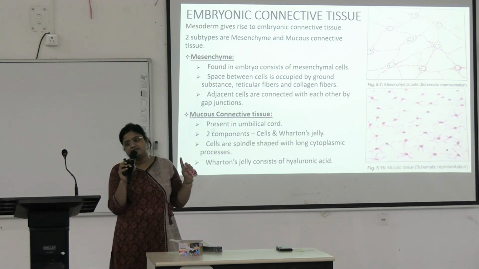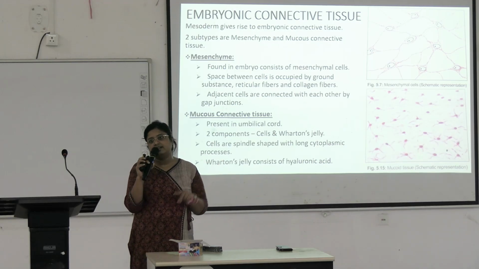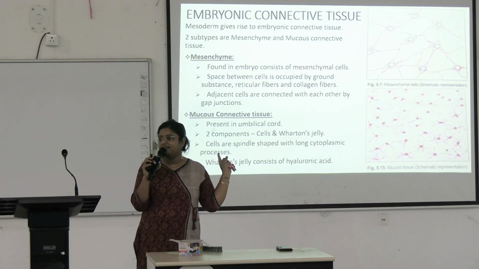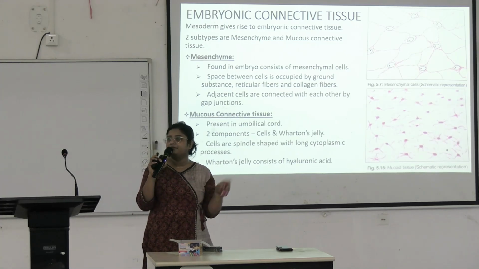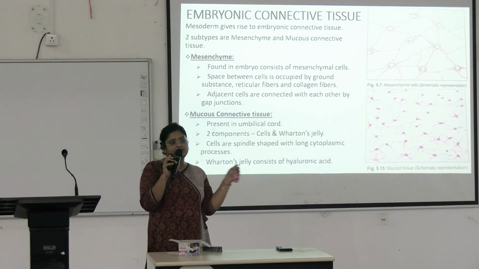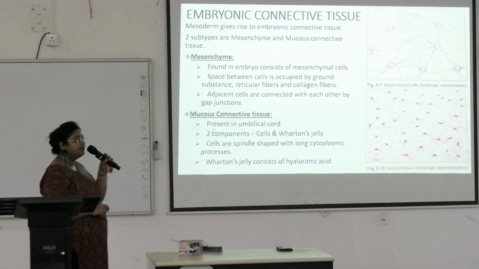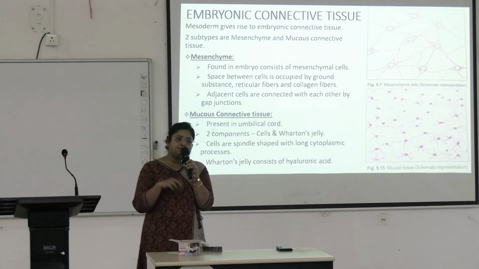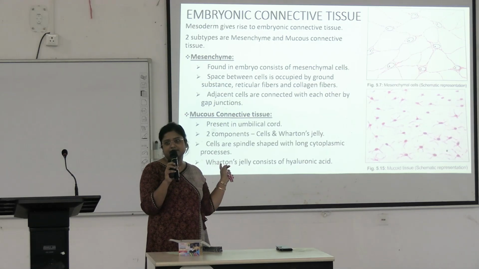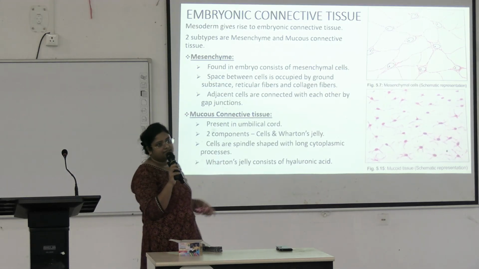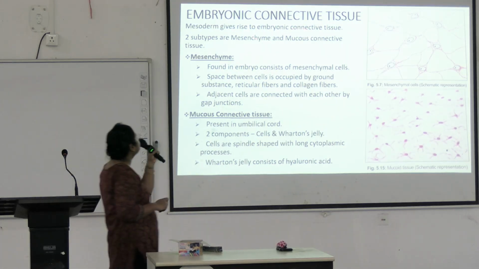One for loose areolar connective tissue, one for dense regular connective tissue, another for dense irregular connective tissue, one for embryonic connective tissue, and another for adipose tissue. All these diagrams you have to draw in your histocopy. You note it down, okay? So first we are discussing embryonic connective tissue, and today those who have connective tissue class in histology, you will see these slides, okay? So you must concentrate. You will see all these features.